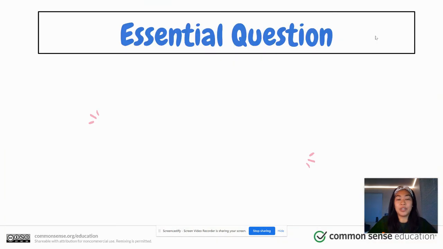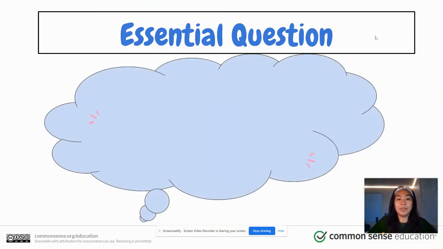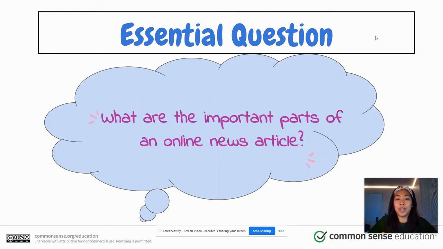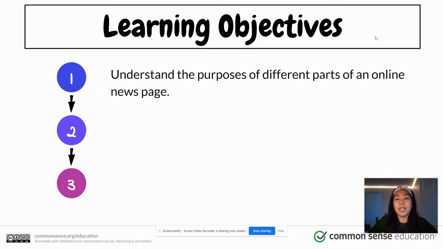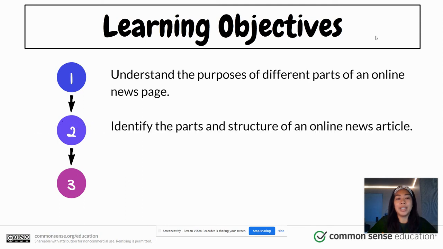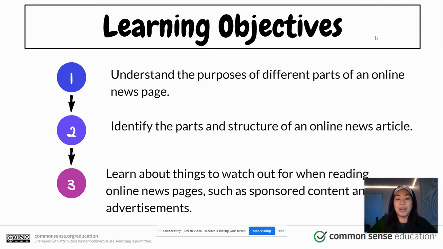Our essential question for today is: what are the important parts of an online news article? Our learning objectives are: number 1, understand the purposes of different parts of an online news page. Number 2, identify the parts and structure of an online news article. And number 3, learn about things to watch out for when reading an online news page, such as sponsored content